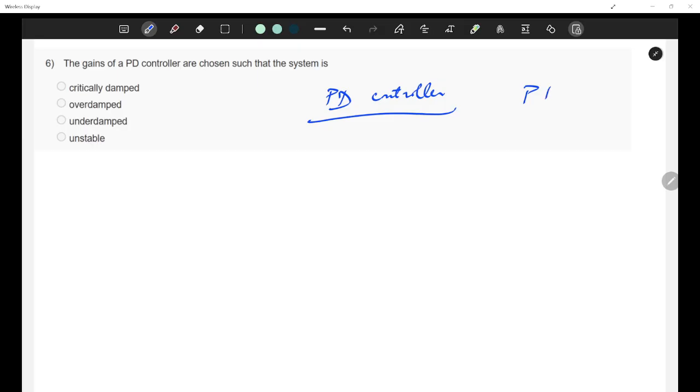You can answer for a general PID controller. What is a PID controller? Any idea on this? Tell me if you know something. If you don't know, then I'll tell you. The controller input will be having three terms. One will be proportional to the error signal, the other will be proportional to the derivative of the error signal, and the third one will be proportional to the integral of the error signal. Very good.